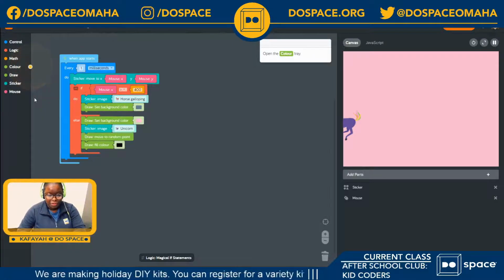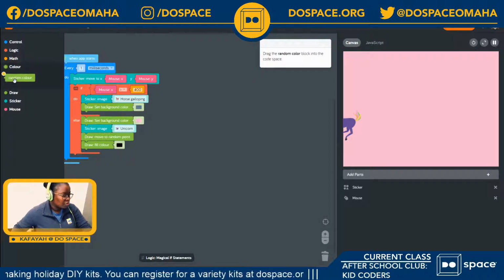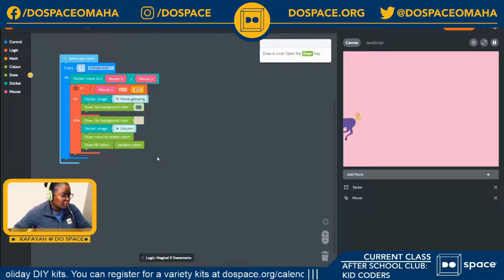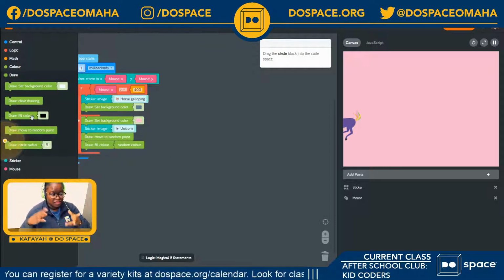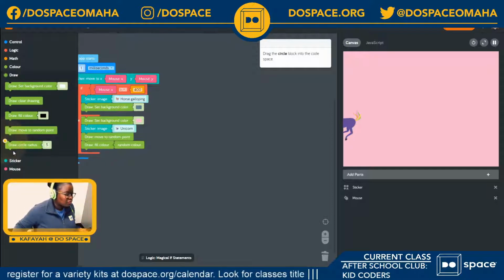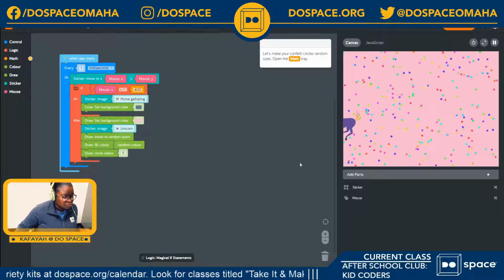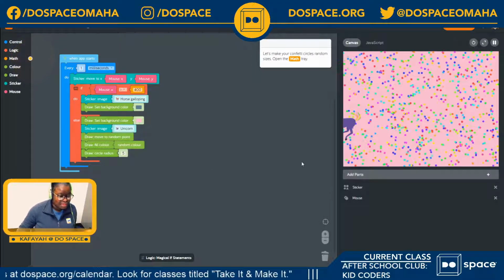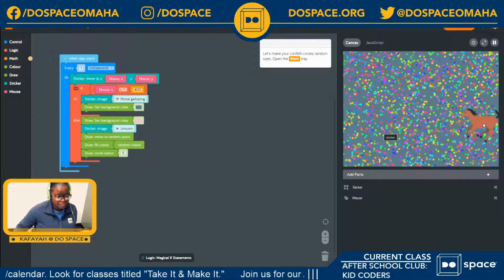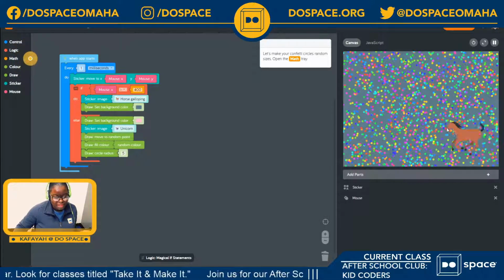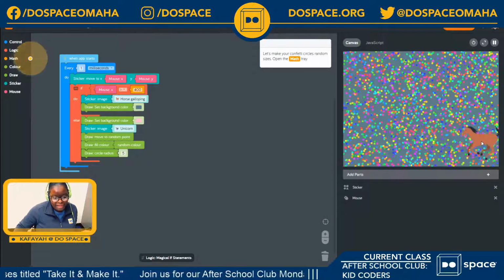For this part, I'm going to add some confetti, so that is what I'm doing now. So now I'm going to choose a random color for my confetti, and inside, for the confetti effect, I'm going to go into my draw tray to try to draw a circle, and as you can see, we have some confetti. And if I move to the other end of the page, you see that even though my background changes, I still have